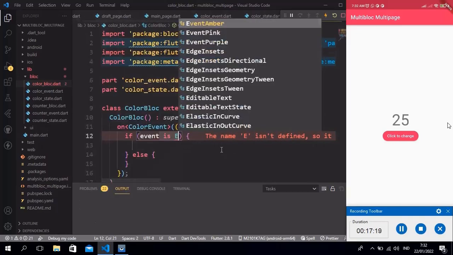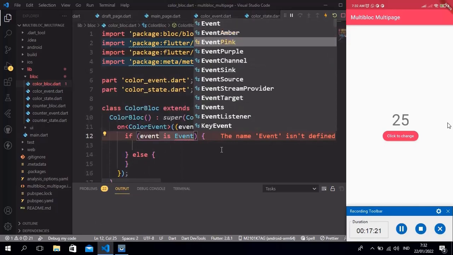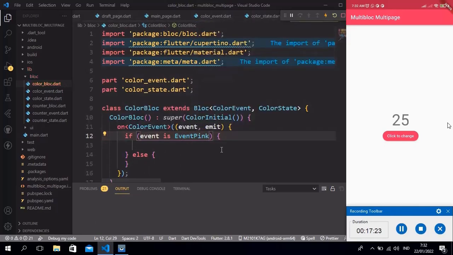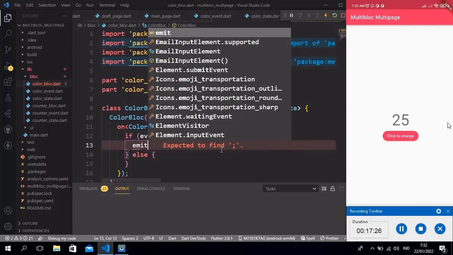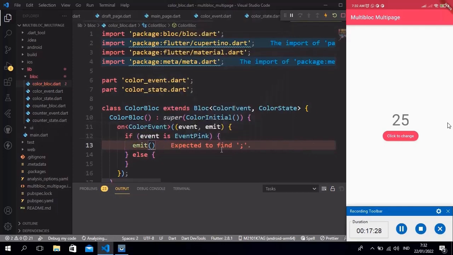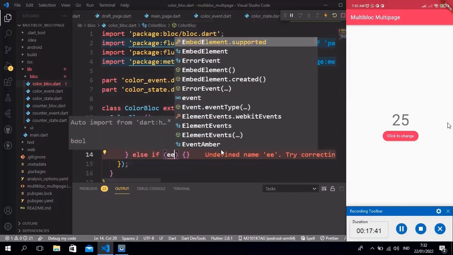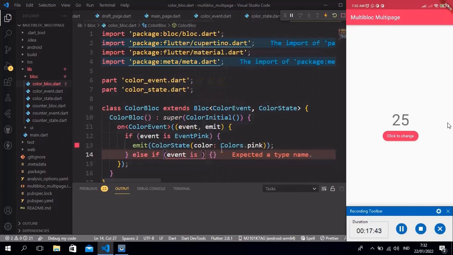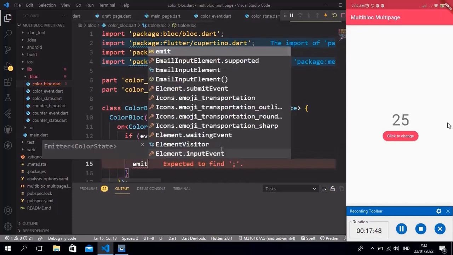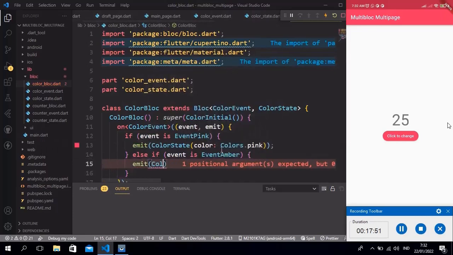Okay, then in color block we create the logic: if the event is pink, then the state should be pink color. Else if the event is amber, then the color state should be color amber.